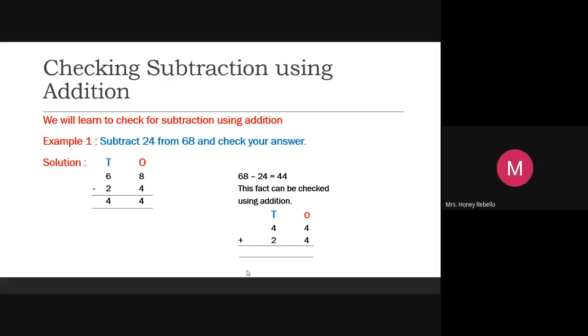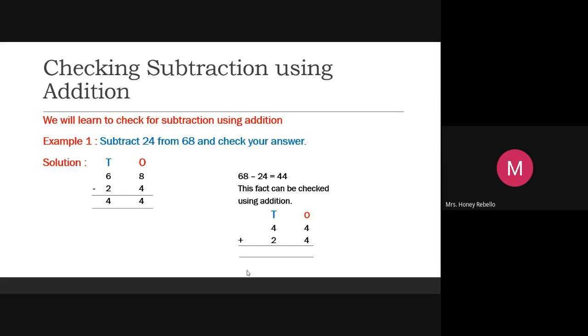68. Yes, sometimes children, see the solution you have to write. Listen carefully. There is no time for us to play. Okay, now we will subtract 24 from 68. Otherwise, it will be very hard for you when you go to 3rd standard. Subtract 24. That means from 68, write the first number. 68.